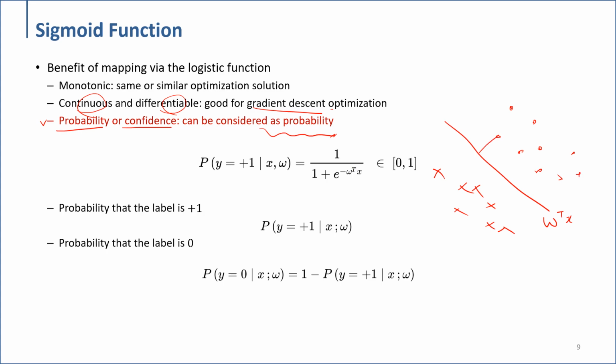When you measure the distance, you calculate the sigmoid of minus theta transpose x over 1. This value will represent the probability that this data point is classified as y equal to 1